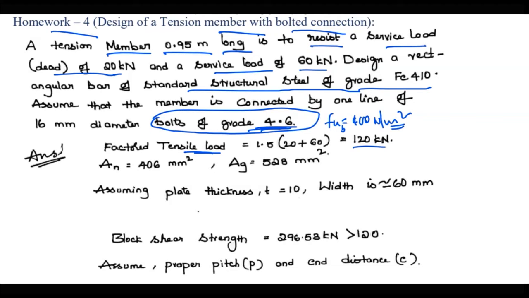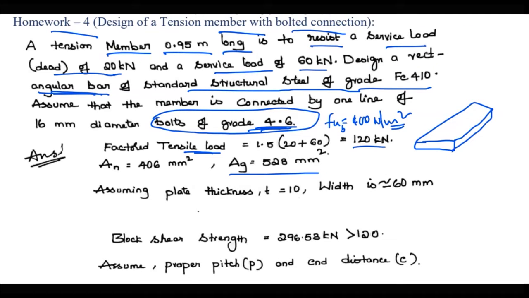And remember, he asked you to design a rectangular bar. That means the type of section you have to take is already given. Follow the same design procedure. Once you calculated the gross area Ag, you have to select a section, right? You have to check the code book to select a proper angle section or I section or something like that. But in this question clearly he mentioned you have to only choose a rectangular section like this.